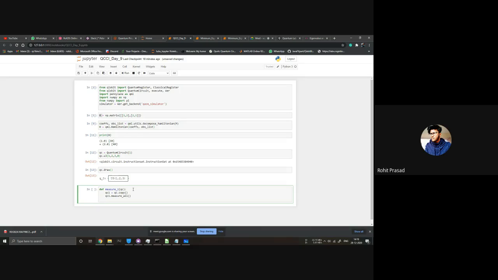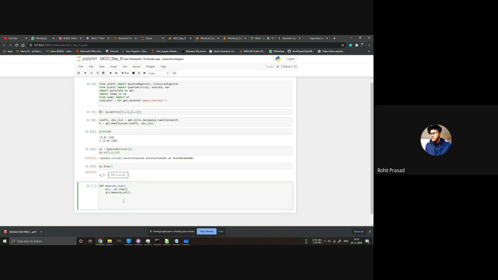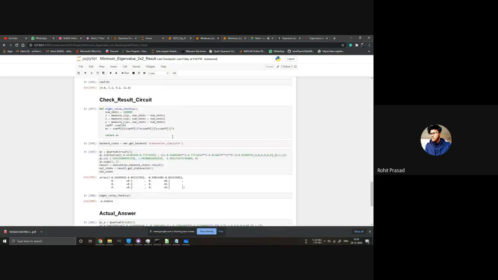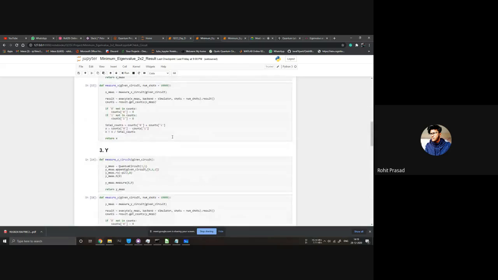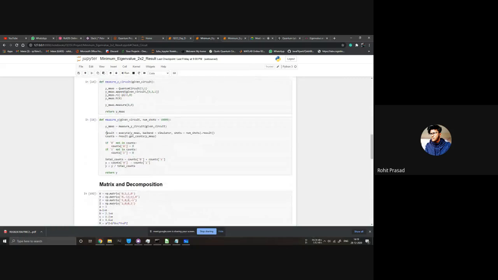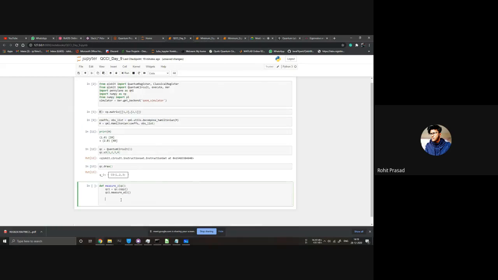Now we want to run this circuit on a quantum computer, right? So I will just copy this code as it's a bit long, and after that, I will explain it to you as well.